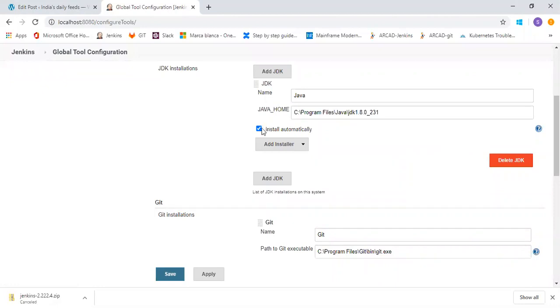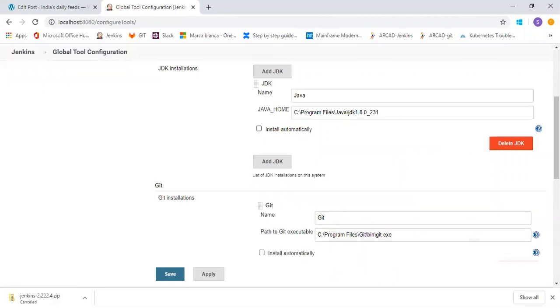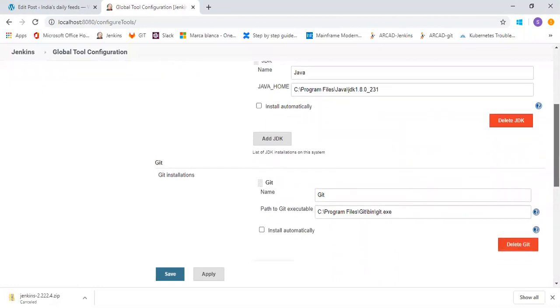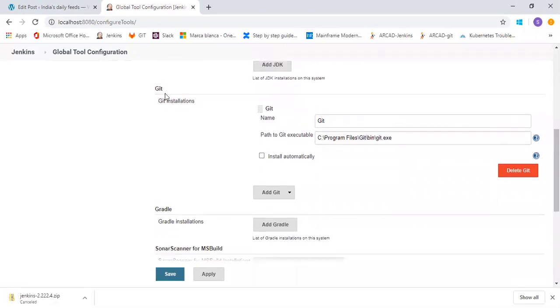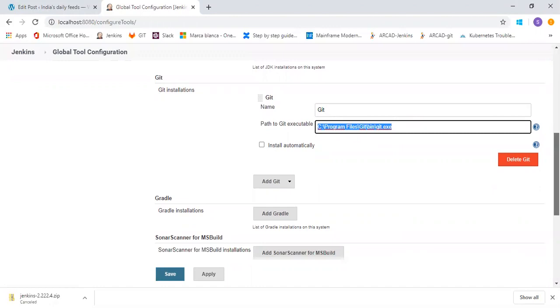But in our case, we have already installed it, so we are giving the path of Java there. You also have to give the Git installation path, to check out your code. Git related operations can be performed using this.